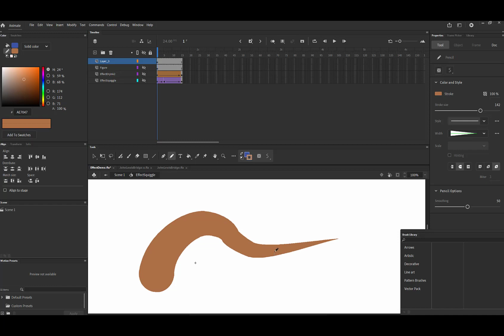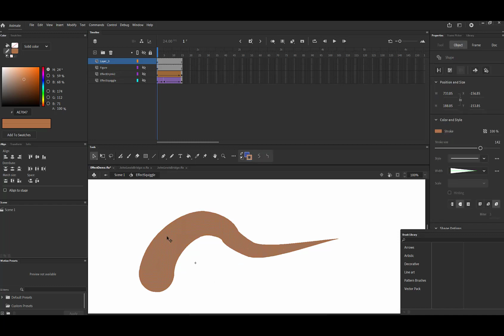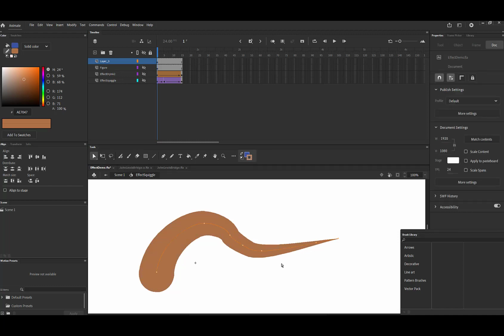So that line, the very first one I did was based on this. So I'm going to click my V tool and grab it. You can see that it actually looks like it's selected, but I'm going to sub-select it and see that it is a line. So I'm going to be able to alter and change these lines. I can delete some of the points to make it not be so many points. And now that I've got it just kind of a simple set of lines, I'm going to be able to alter this. So this very first stroke that I have, sure, it's an effect look, but it's not necessarily what